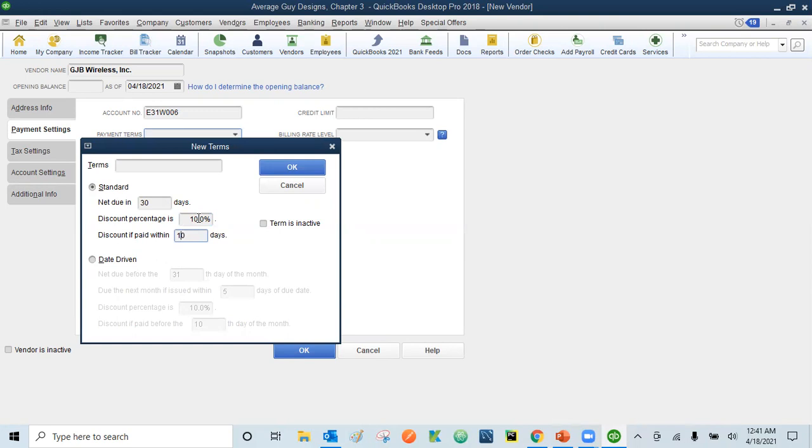If you want to create your own terms, you can always create it using this one. I can just change it to 2% or 5% or something. So you can see the amount is due in 30 days, but if we pay in 10 days, we'll get a 5% discount on our transaction amount. So that's how you can set the terms in here. You can click OK, and then